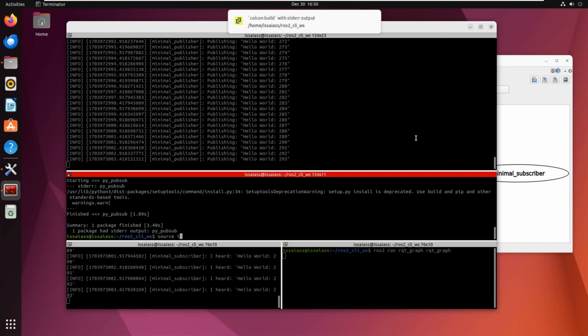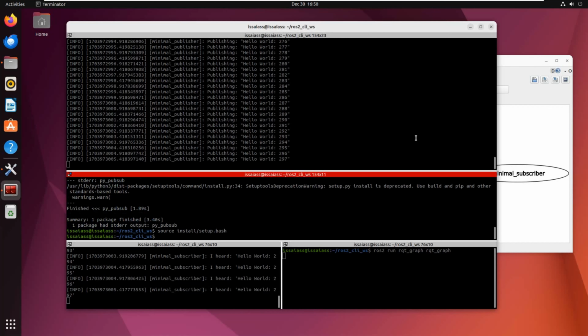Okay, source install. So, and now ROS to run pipe pops up